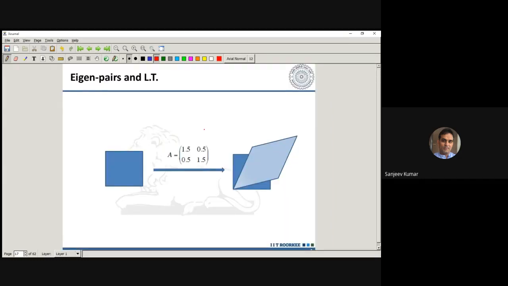Okay, so this is another example. I am having this particular object. Before the transformation, I applied this transformation to each and every point of this object, and this object transforms into this new shape. So can you, based on the previous reasoning, tell me what is the eigenvector and what is the eigenvalue of this matrix, just by looking at or observing this change? Can you tell me? In which direction am I having change?